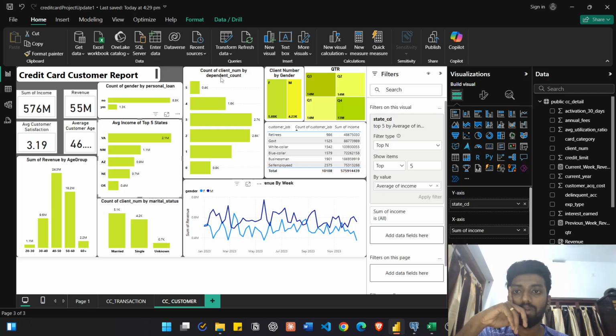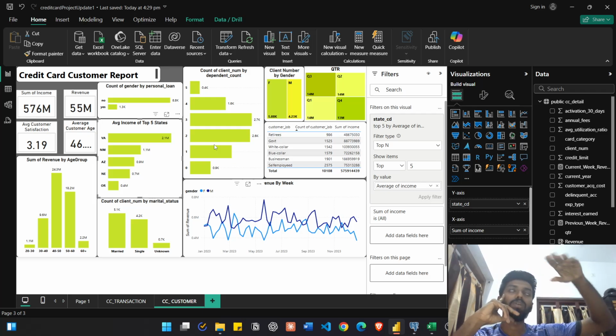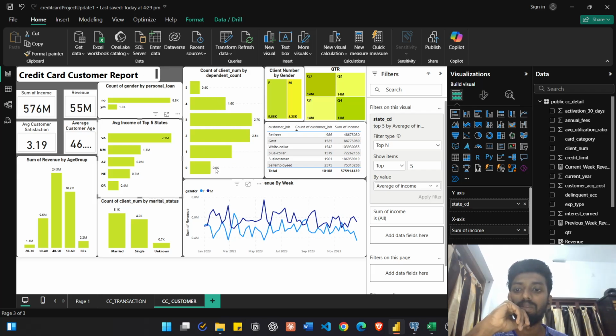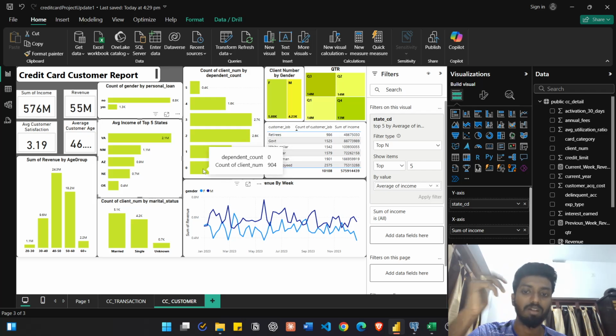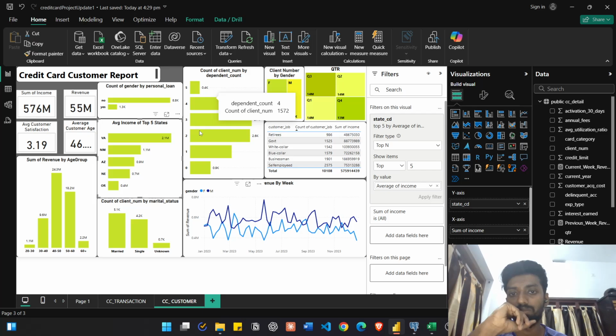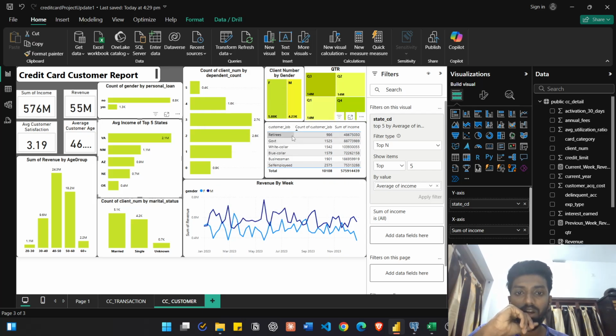Then count of client number by dependent count. Based on how many people there are, it's like segregating each family by how many members it has. So here we could see in the family, dependent count zero means they are alone. Then we have one, two, three, four, five members of the family. This table shows